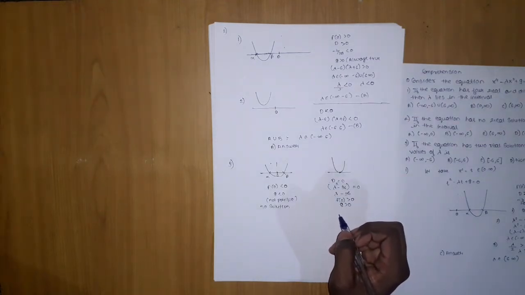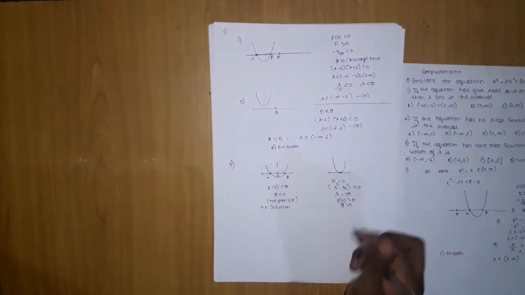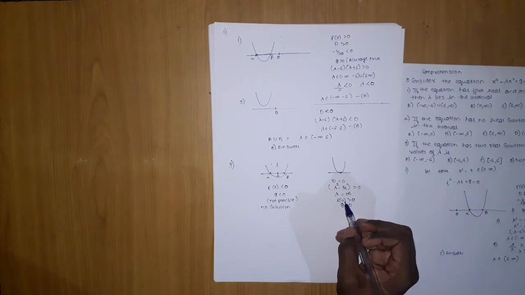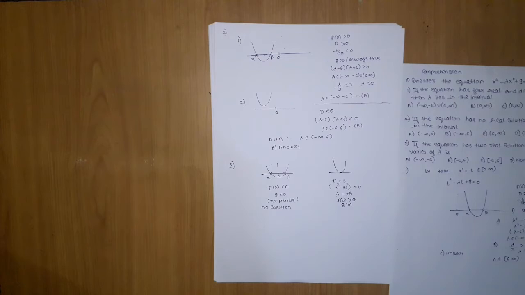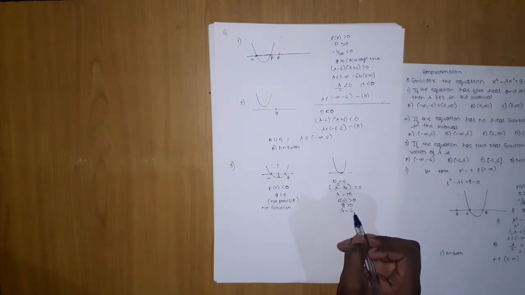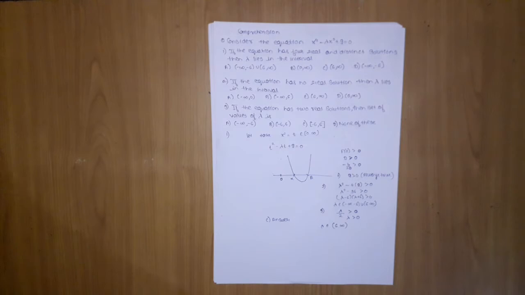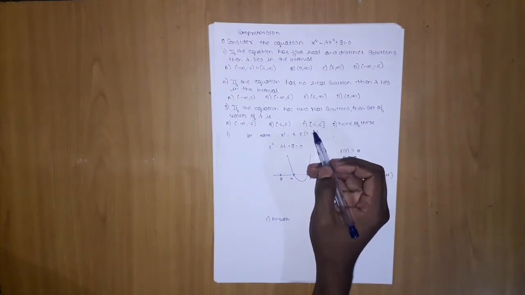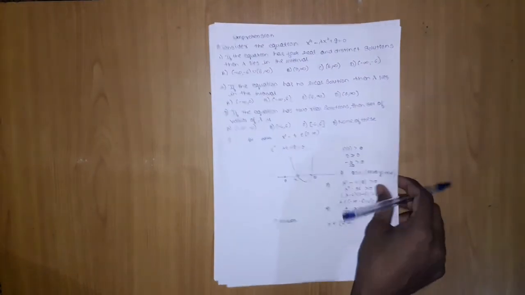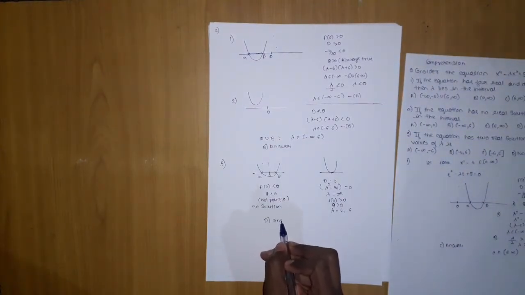It should be greater than 0 because it belongs from 0 to infinity. For real roots, lambda will be 6 or minus 6, both. Is there any option of 6 and minus 6? No, there is a range of minus 6 to 6. There is no specific option, none of this, so D is the answer.